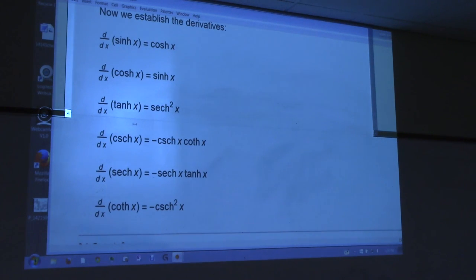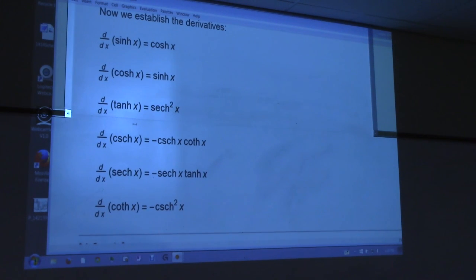Do these resemble the formulas from Cal 1 in sine and cosine? If I asked everyone when we walked in day 1, what's the derivative of sine of x, everyone would say cosine x, right? If I say now, what's the derivative of hyperbolic sine of x, everyone says the same thing, right? Cosine hyperbolic x. But in Cal 1, the derivative of cosine of x was negative sine x, not with hyperbolics though. Hyperbolics, it's not. But it is sine at least, so we can be happy with that. Hyperbolic sine.